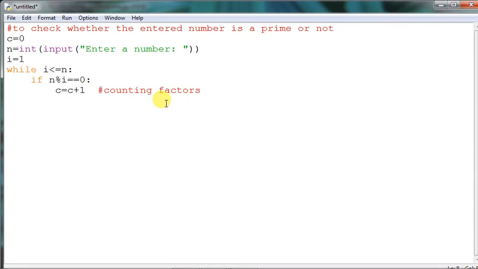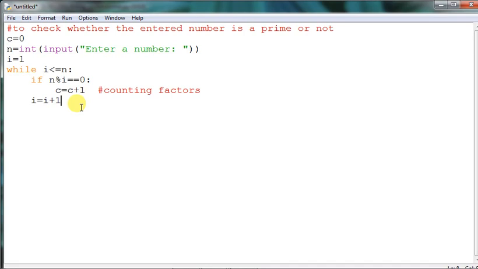Now in this while loop, you have to come up over here, then i has to be increased, because in the range function step 1 is automatically taken, but here in the while loop we don't have the range function, so the loop has to be incremented. This is the updated value and it will be checked over here, because if you are not doing i equals i plus 1, you won't get the next number.